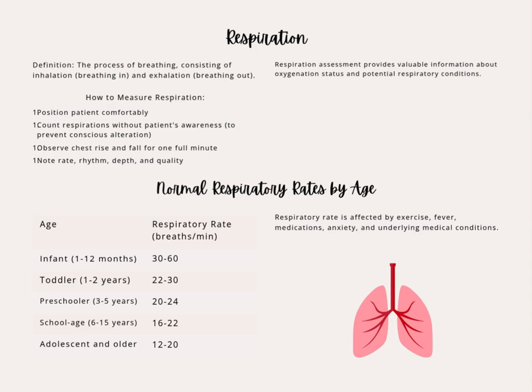Respiratory rate is similar to pulse. Newborns and infants breathe about 30 to 60 times per minute. As you age, it gets lower, just like with pulse. Both pulse and respiration get lower as you age. For an adult or adolescent and older, a normal respiratory rate is between 12 to 20 breaths per minute. And again, if you're breathing really slow, that would be bradypnea, so less than 12. If you are breathing really fast, above 20 breaths per minute, that would be called tachypnea,